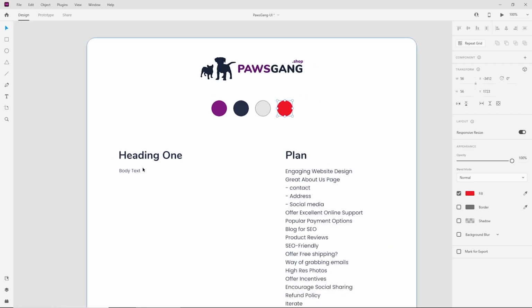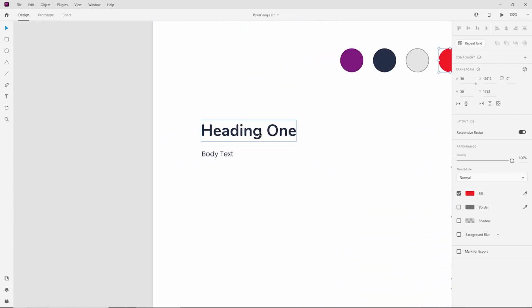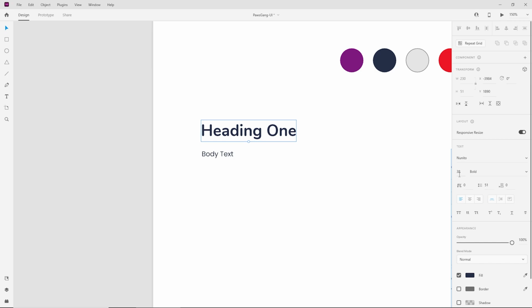Here on the left side, I have a heading 1, which is Nunito 38 and bold, and underneath I have the body text, which is Poppins 16 and set to regular. Of course, it's nice to have a few different headings like heading 2, heading 3, heading 4, but in this design I'm probably going to end up just using 1, and later on I might just finish this off and